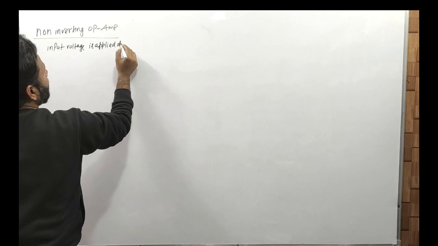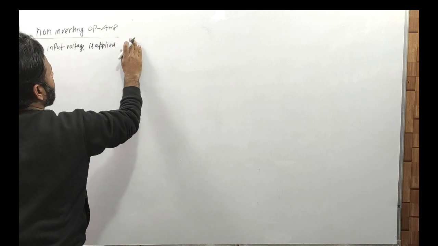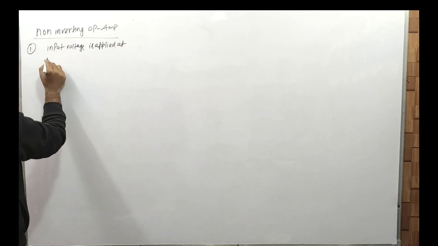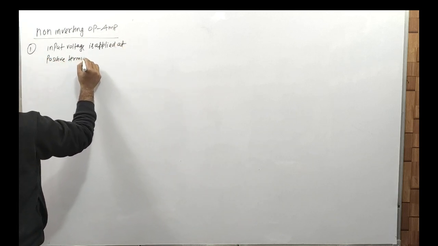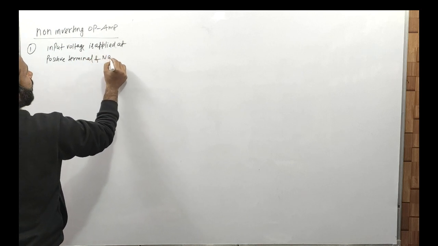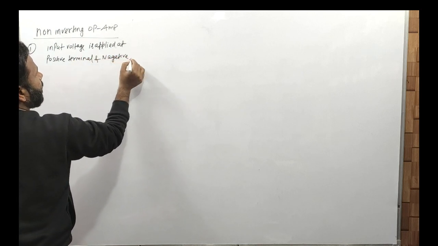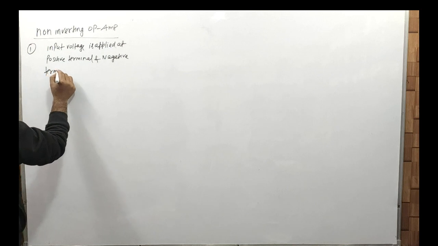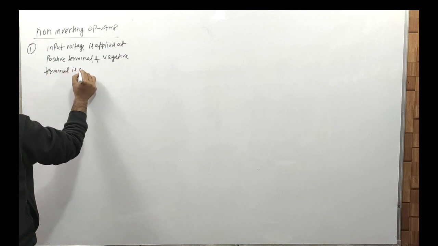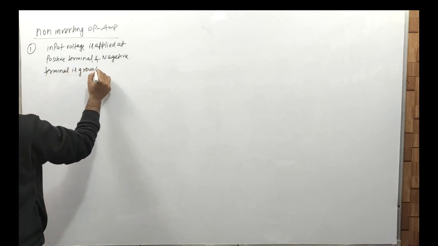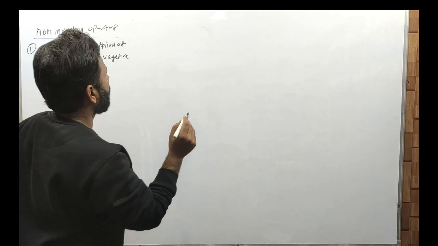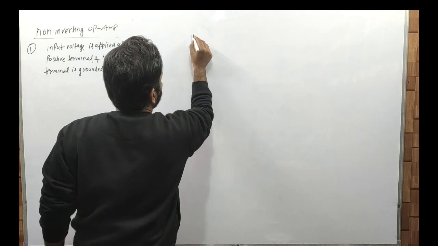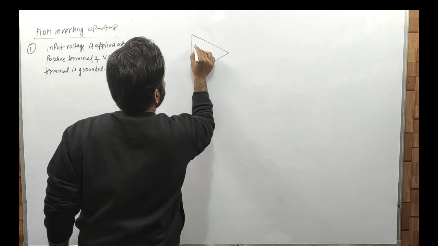Input voltage is applied at positive terminal and negative terminal is grounded, ठीक है। तो नेगेटिव टर्मिनल इज ग्राउंडेड। नाउ अगर डायग्राम देखें तो डायग्राम देखते हैं क्या है।